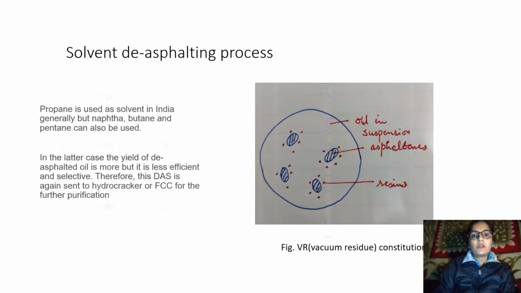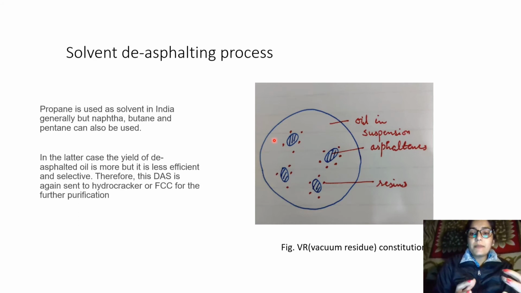Now let us see how they are present in this vacuum residue. This is a diagram which I tried to make. Just suppose this whole big round thing is the oil droplet, and this shaded part is asphaltenes, and these asphaltenes are supported by resins with van der Waals forces. So these are the suspension in this oil, and this oil is recoverable. So how will we recover this? And these are resins. This is the basic structure of vacuum residue oil.